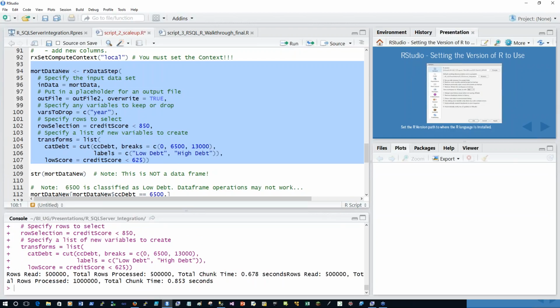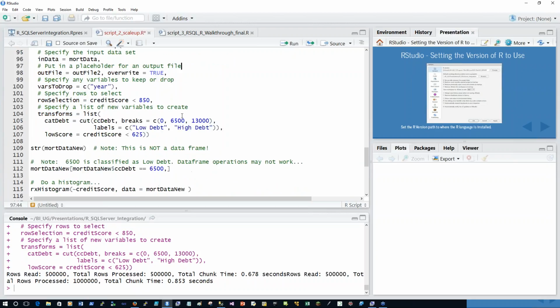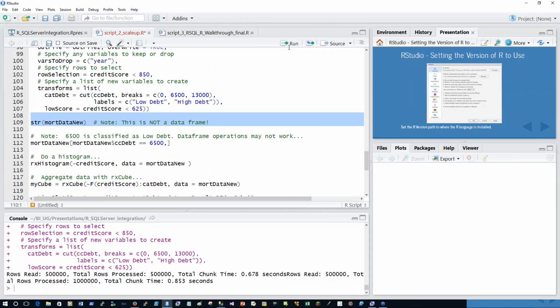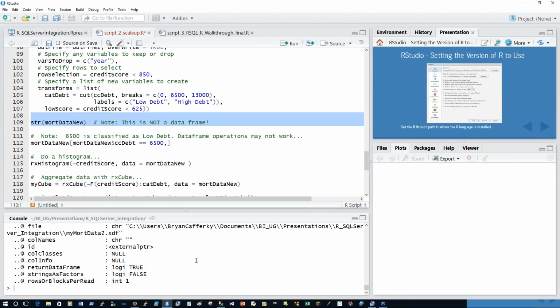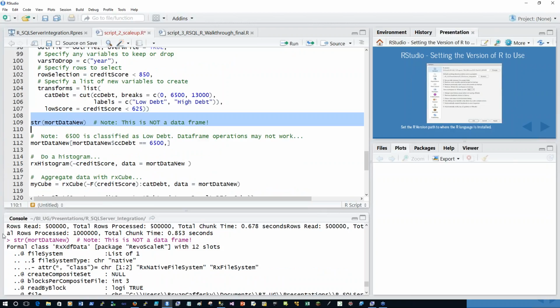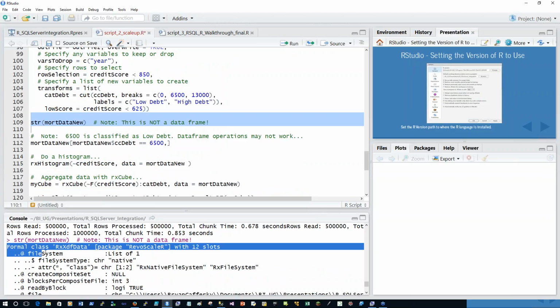And so now I'll get a data set which consists of just what we wanted. Now here's a point I do want to make because I was playing with this. We can do the str function, and it doesn't look like a data frame, and there's a reason. We're getting into some pretty advanced stuff here, and what it actually did is it created a stub. So we created a file, and it's got to point to that XDF file, and the class that is created is called